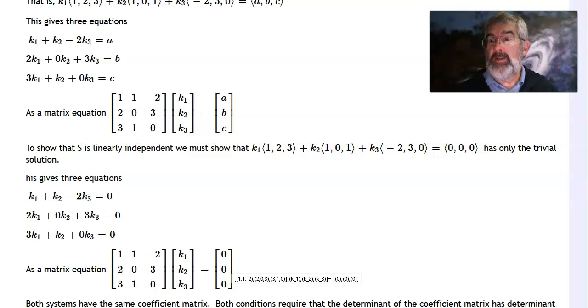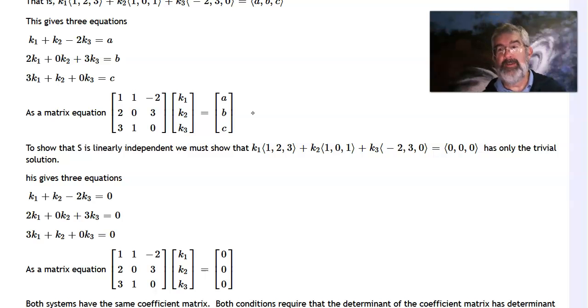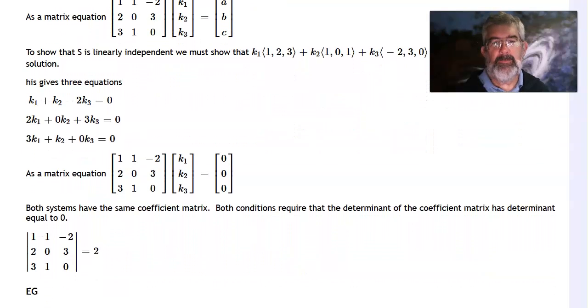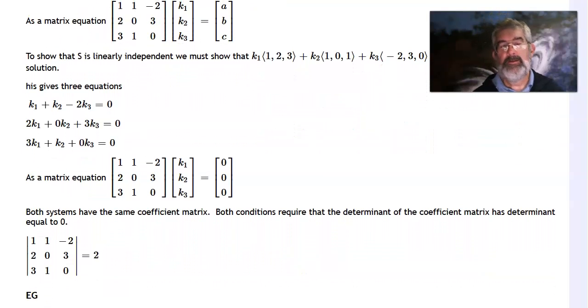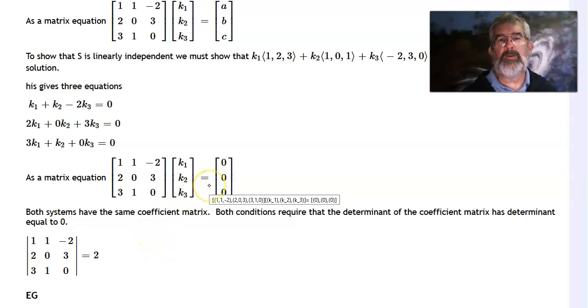So this will have a unique solution if the matrix is invertible, which is equivalent to this having a solution for any A, B, and C, and it's equivalent to the determinant not being equal to 0. And so the question is, what is the determinant of that matrix? Well, it happens to be 2. So that matrix right there is invertible, which means this has a unique solution, which means those three vectors, which